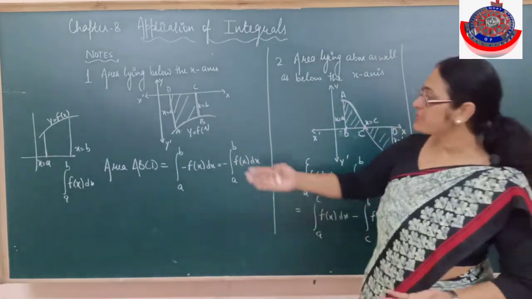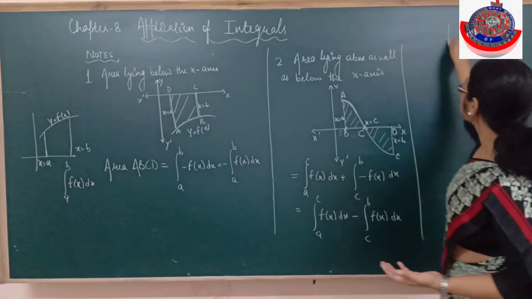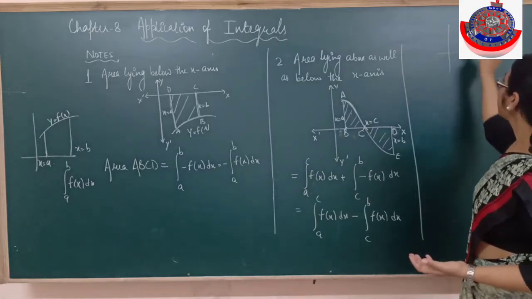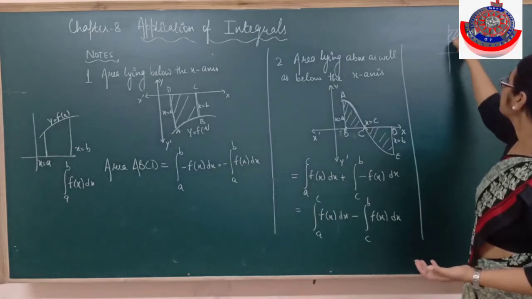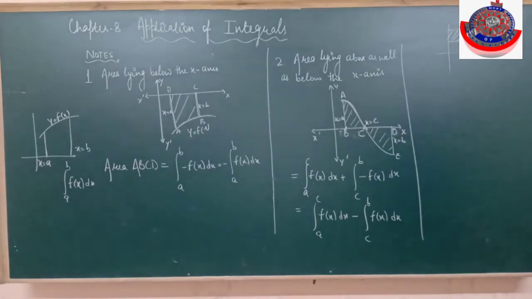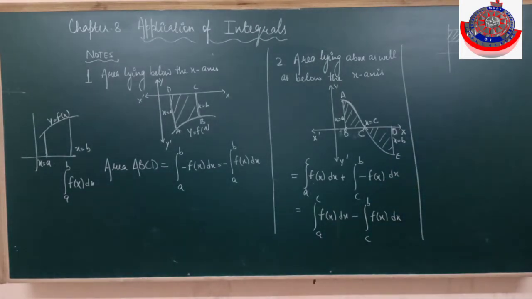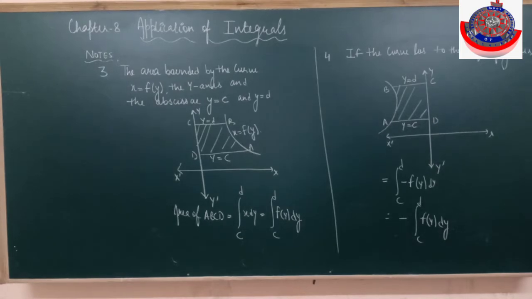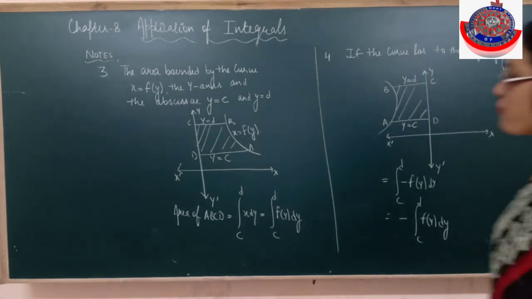So the curve, it's not compulsory that it will always come like this. It can be like this also. This is my curve and I say I have to find this area. Is it clear? So anything can come. So we will do both when it is bounded by a curve, the y-axis and the values of y are given to us. Okay, now if the area is bounded by the curve x equals f of y,